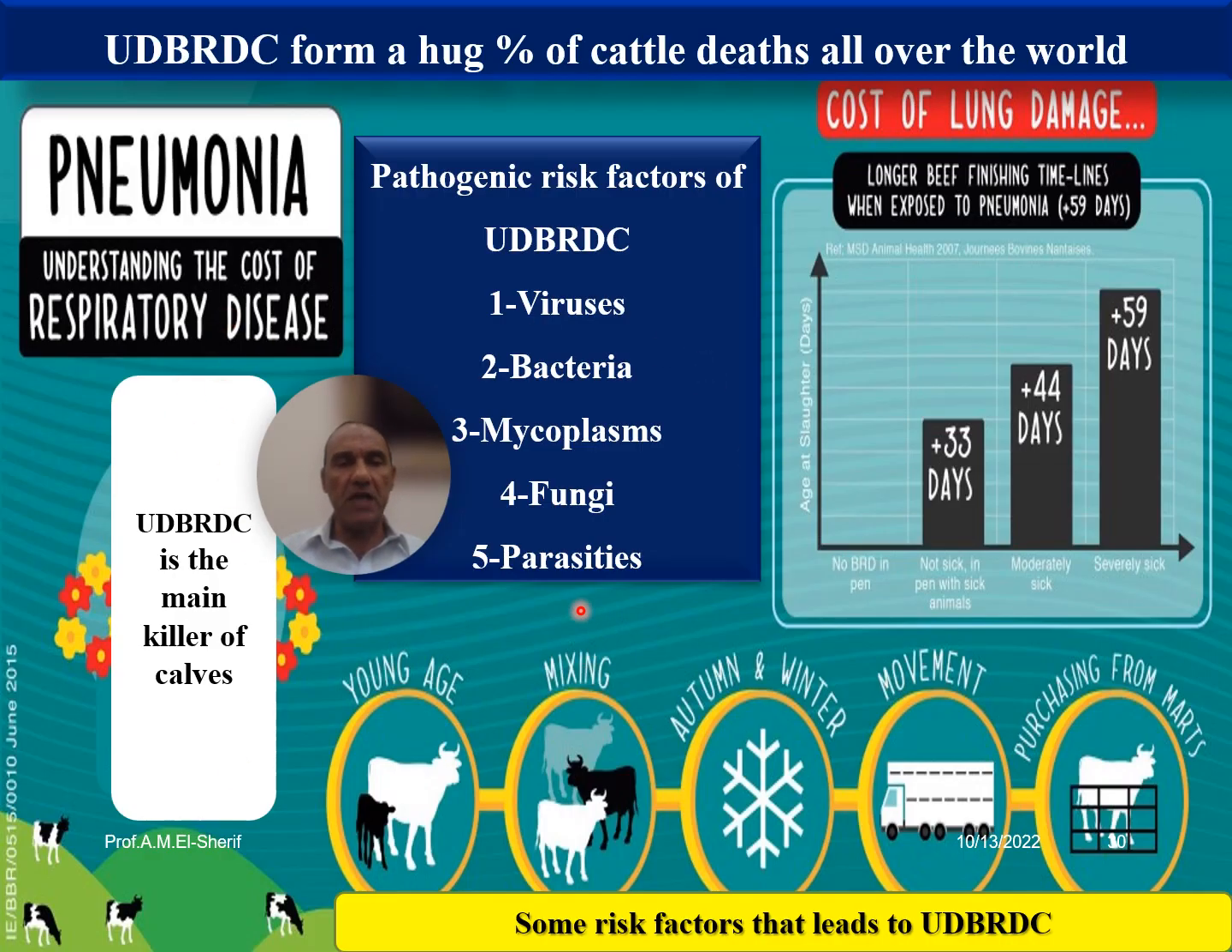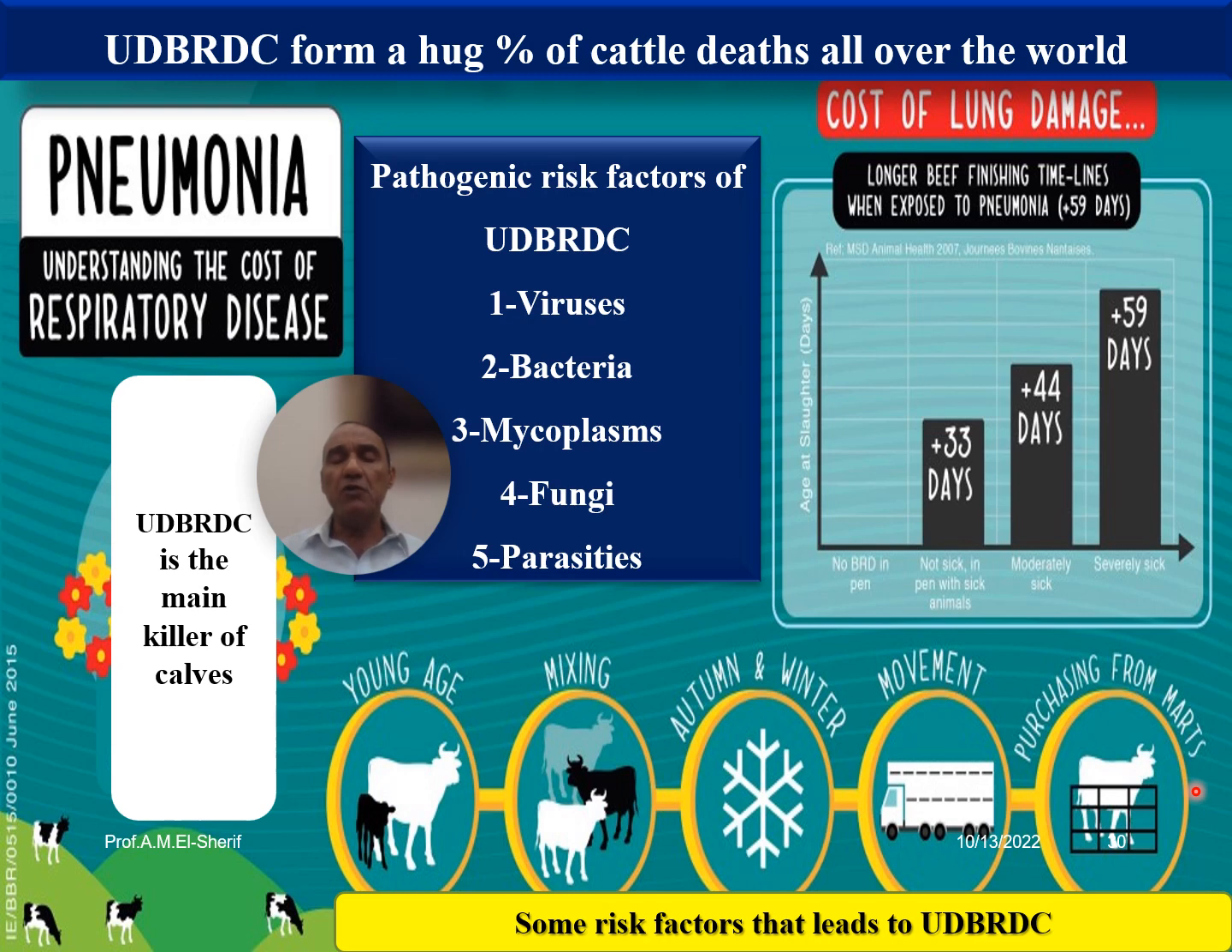This collective slide describes the undifferentiated bovine respiratory disease complex, which forms a huge percentage of cattle deaths all over the world. We write here the pathogenic risk factors as well as some other risk factors that lead to this phenomenon, such as young age, mixing of different species of calves from different areas, changes in the weather during autumn, winter, spring, and summer, and movement of them between different farms and areas,